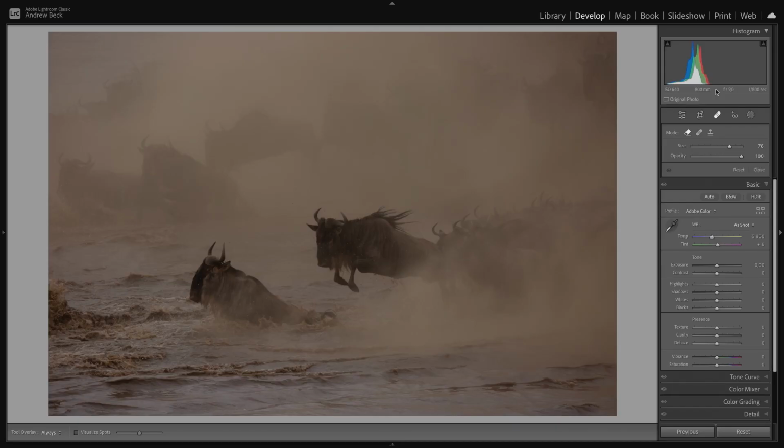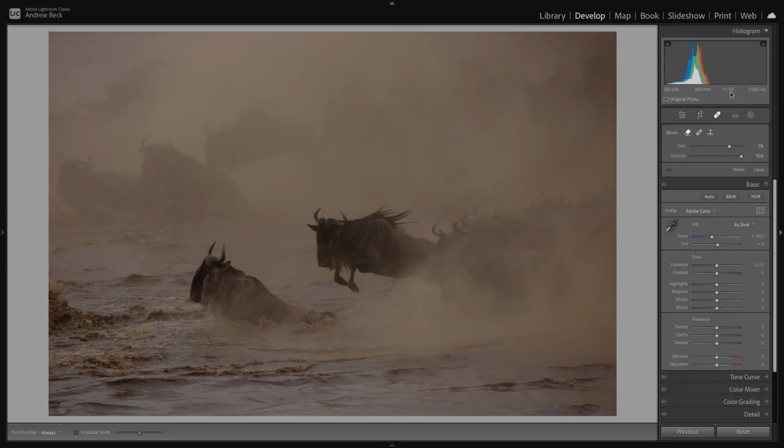So here is the raw file. You can see here captured at 800 millimeters, f9, just giving myself a little bit of extra depth of field, and 1/800th of a second at ISO 640. 800th of a second, yeah, pretty much on the line there. Probably could have given it a little bit more, maybe 1250, 1600th of a second to make sure that things were really nice and detailed and frozen to capture all of that movement and motion. But got away with it on this occasion, and for me, more than the technical side of things is